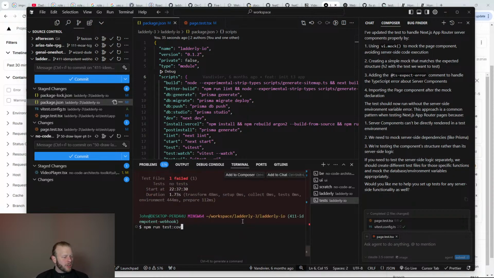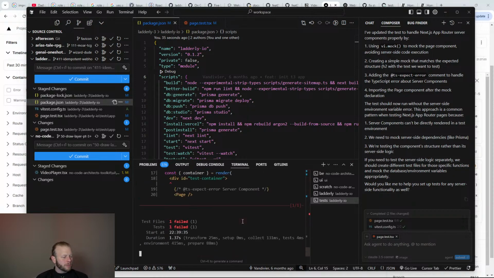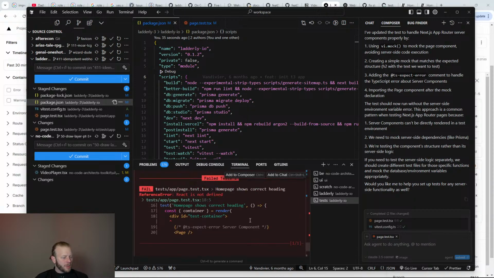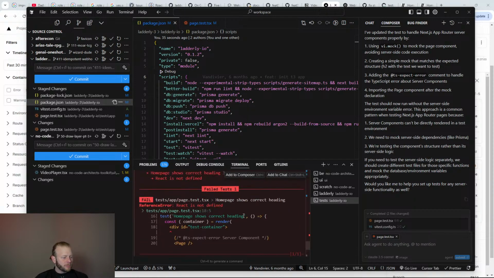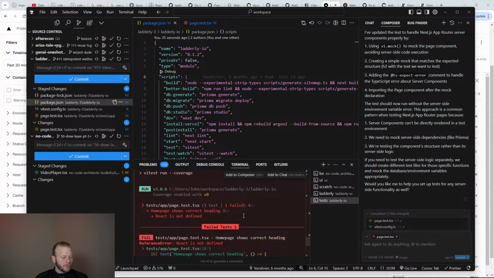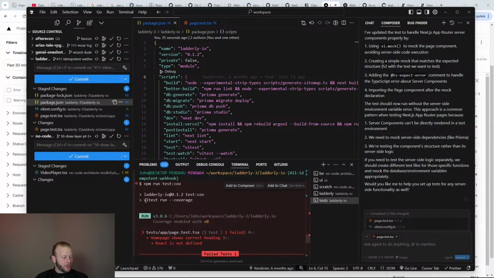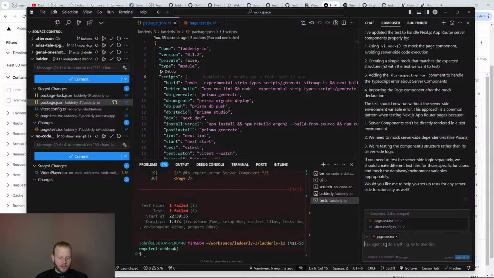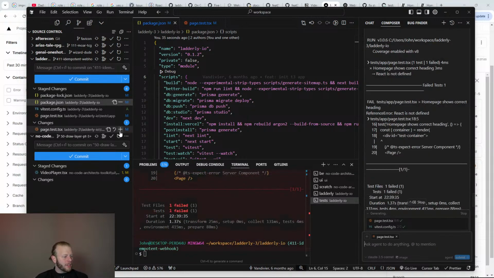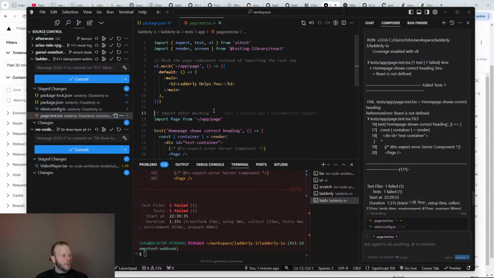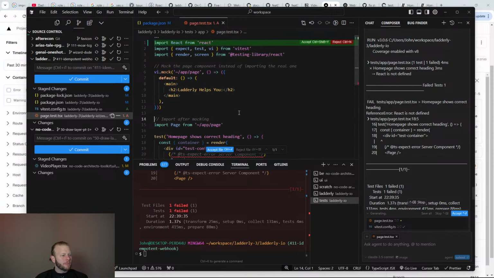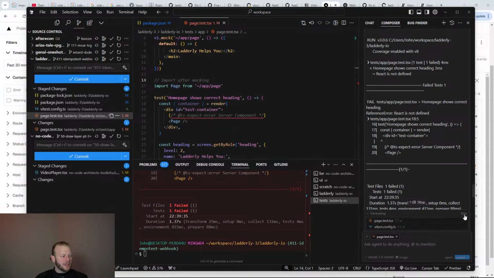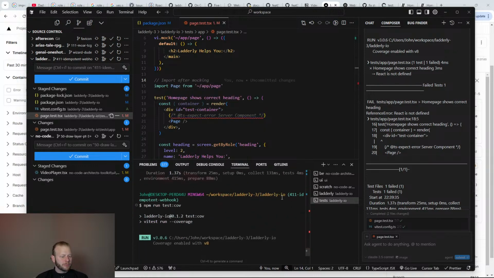Okay, so let's try to run this again. And I still get a failure, but it's a different failure. React is not defined. That's pretty crucial. I think the agent can help me out with this. Just importing React. Maybe that's enough. Let's see.